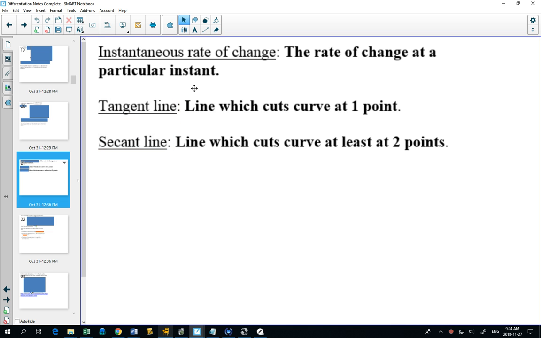So we have two different kinds of lines. We have tangent lines, which cut a curve at one point, and secant lines, which cut a curve at 2 points. So if you had a parabola,